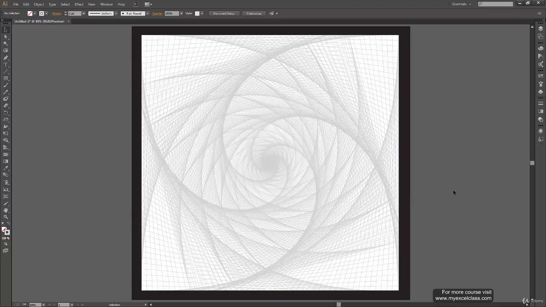So there we have our design ready just by using one single tool, that is line segment tool. Now yes, we have used few other features of Illustrator like the transformation and the pathfinder, but the main intention of this example was that the core design you are going to create, you can create by just using one single tool.